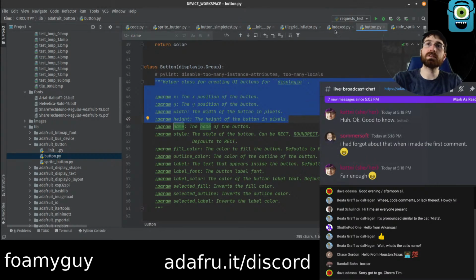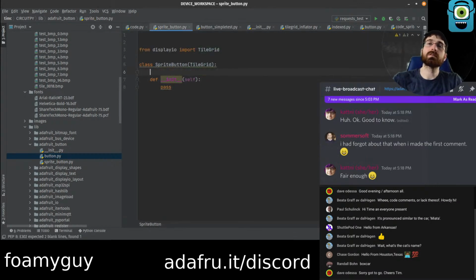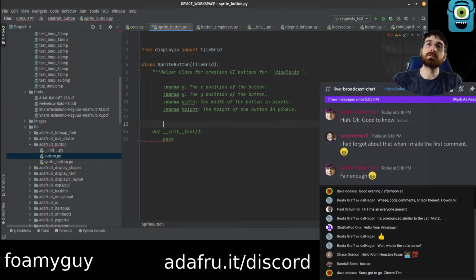So I'll start with these. XY. This is not going to be in pixels, though. This is going to be in tiles, which is weird. Or I guess the other option is we can have it in pixels, but then we need a matching algorithm, basically. We're not always going to be able to hit the exact size in pixels. That's one drawback of the tile grid inflator, is that it can target only sizes based on tiles.